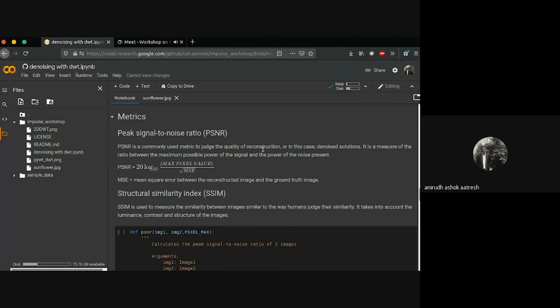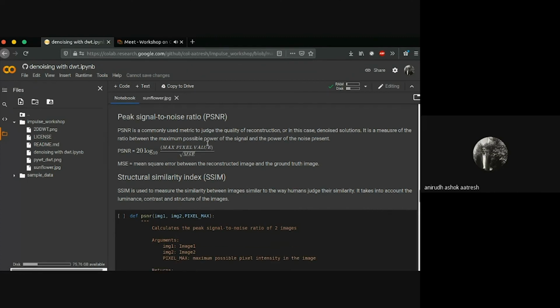If you're dealing with an image that has intensity range between 0 and 255, your maximum pixel value will be 255, and your maximum possible power will be 255 squared for 1 pixel, right? We divide that by the mean square error. This is one formula to calculate the peak signal to noise ratio.